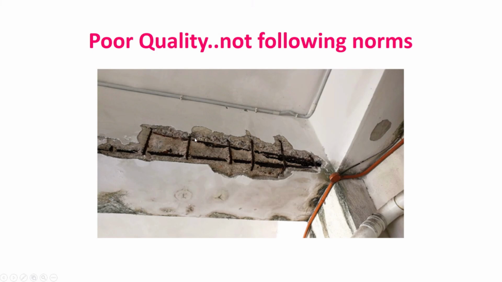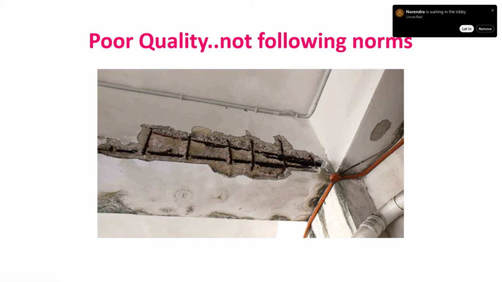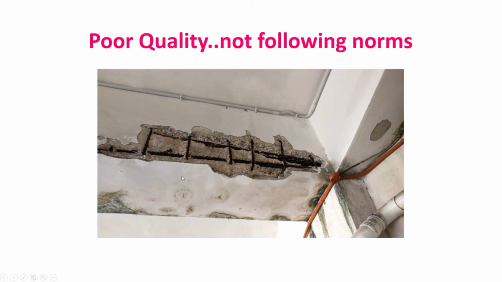So again, as you can see, it is exposed and the reinforcement is already in corroded form. That means the cracks might have appeared earlier also. Suddenly it cannot go on, this corrosion aspect. So earlier it must have had some cracks, no proper attention was given to that, and now this condition has come. Now the falling has started. But the falling is not an instant process. It will take some time. So as you can see in the work manual also, every building is supposed to be inspected.